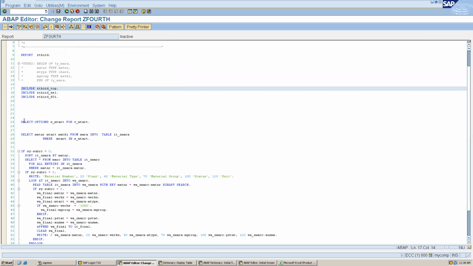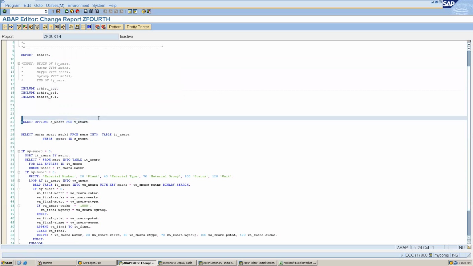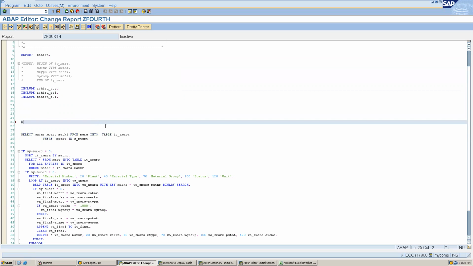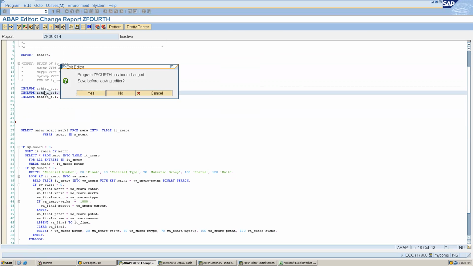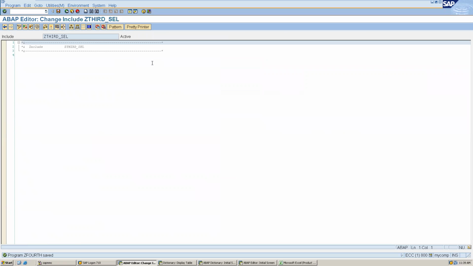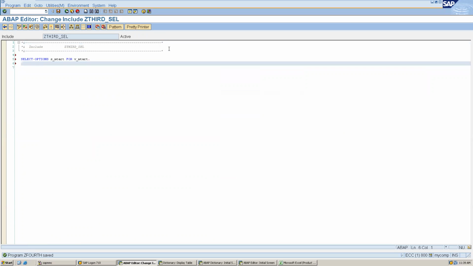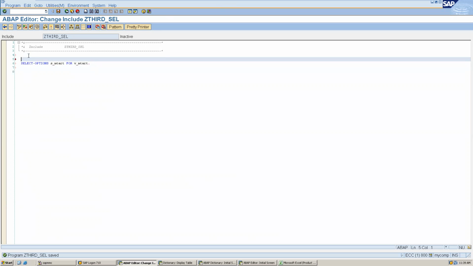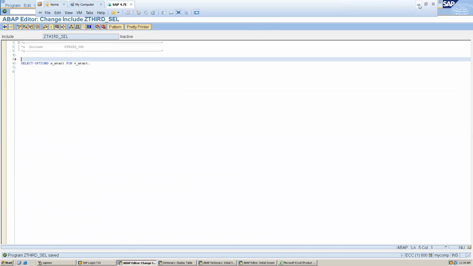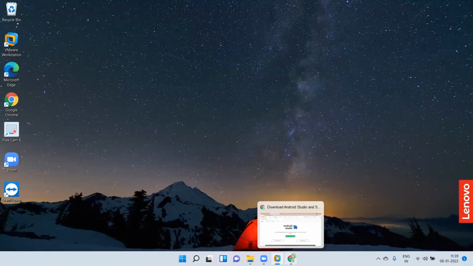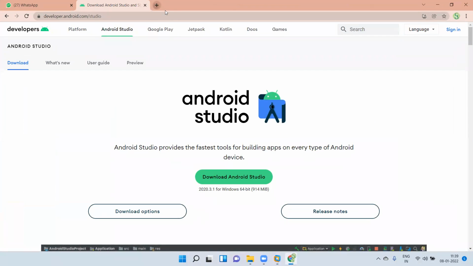Now, all the selection screen: I have only a single thing in my selection screen. I can create a fancy selection screen also. I have not covered that part because this is not our purpose. But if you Google it, you can add things like selection screen for, so you can make it fancy. There are so many options available. That is only syntax which we have not seen.